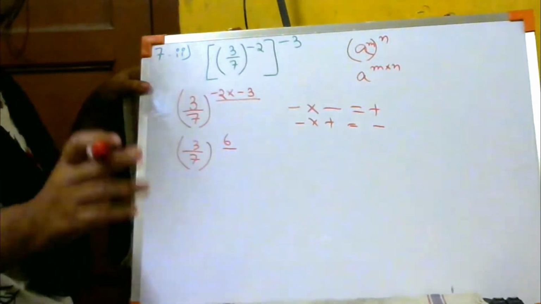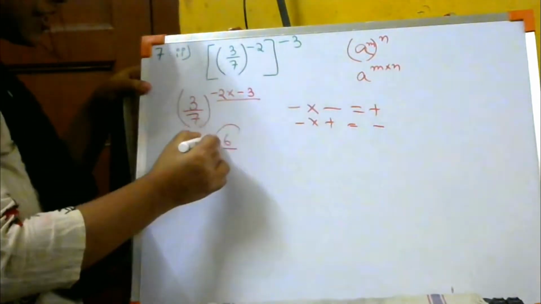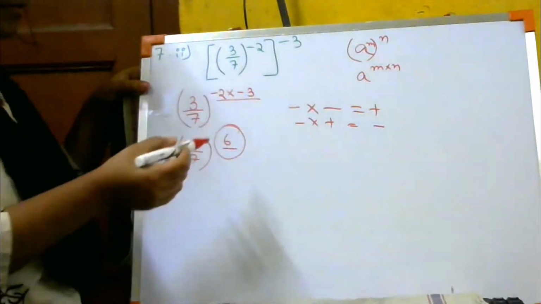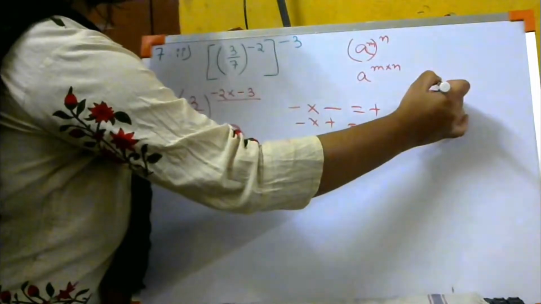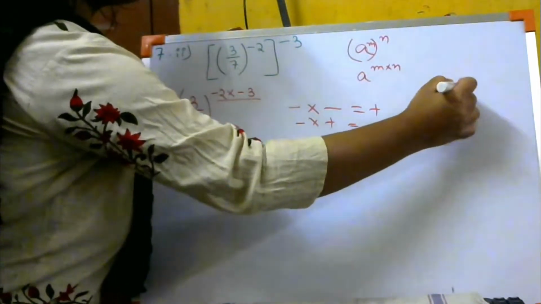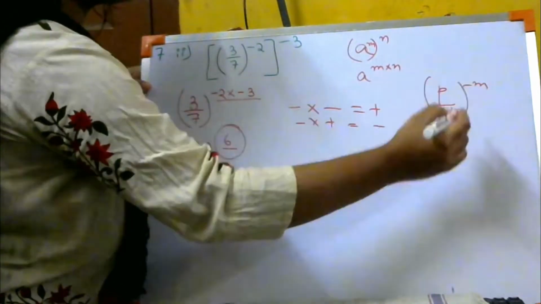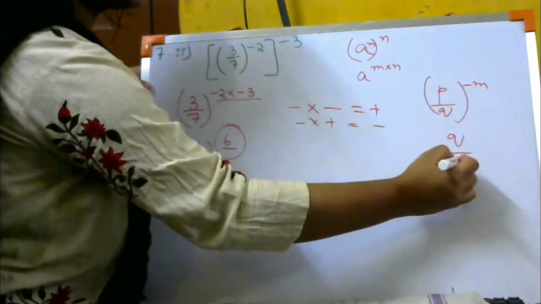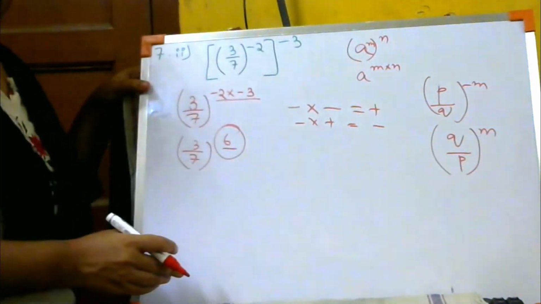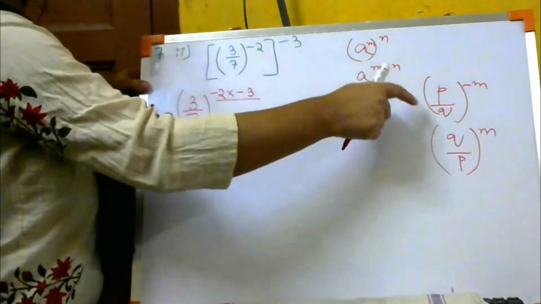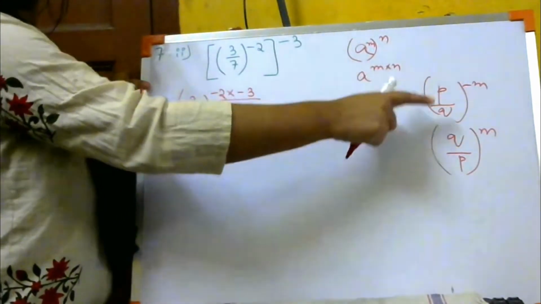Now the question is telling you that you have to keep the exponents in the form of negative, but over here it is becoming positive, isn't it? So do you remember this formula? (p/q)^-m. We were changing it into positive. What were we doing? We were changing it into inverse form. तो ये positive हो जा रहा था. Exponent का law number 2. It was a negative. We were changing it into positive by inversing it.